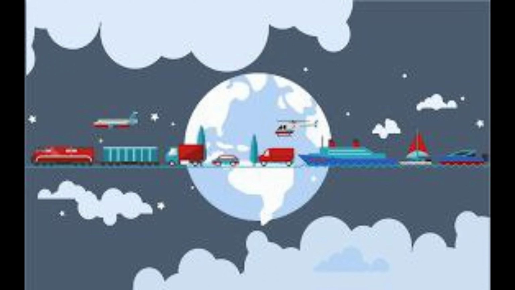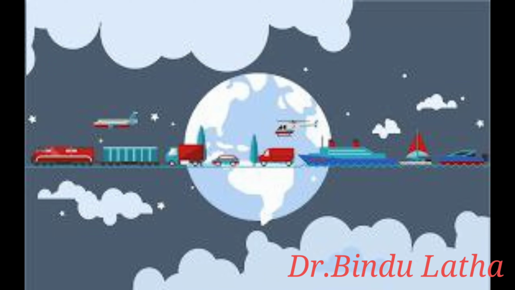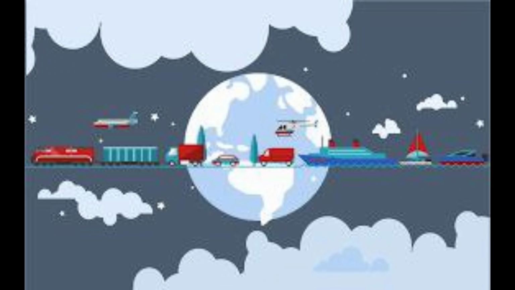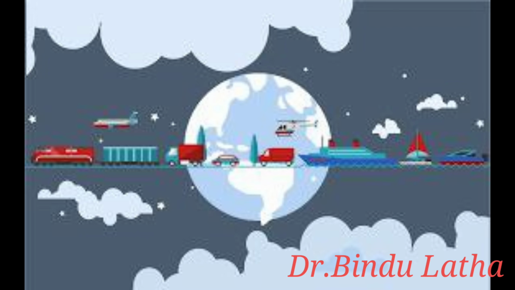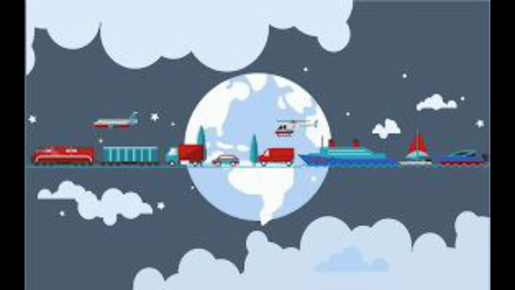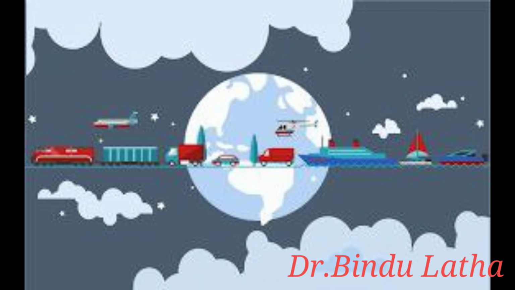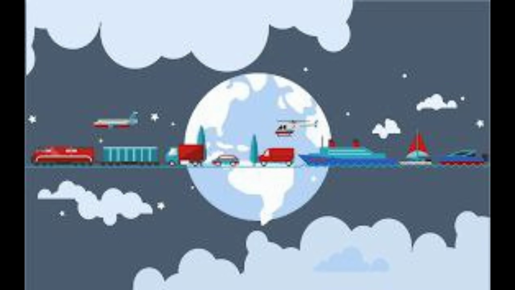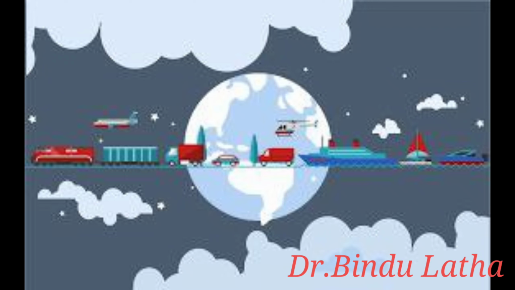Next, we are going to discuss the railways. The railways is the principal mode of transportation of passengers and freight. The main features are: it can be used in multifarious activities. It is an integrating force. It accelerates the development. It is excellent for long distance. It can carry bulky and heavy freights or loads.